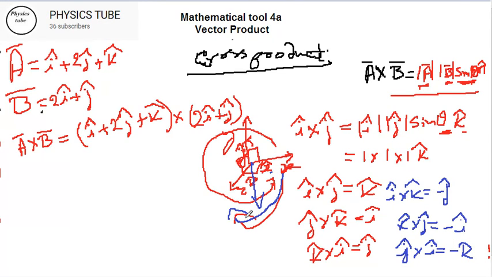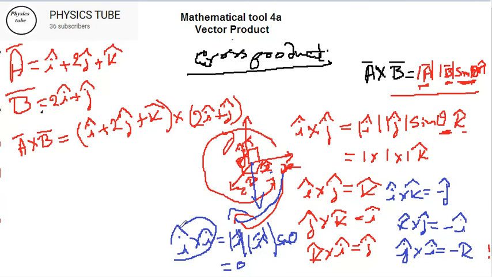On the other hand, if I go to prove what I cross I will be, it is magnitude of I into magnitude of I, and I hope you understand what I'm trying to say. Theta is 0, sine 0 is 0. We don't know what the direction is, it can be j or k, we don't bother. But because the value turns to 0, this is going to be 0. So for the product of the same vectors, unlike dot product, it is going to be 0. So we can say here